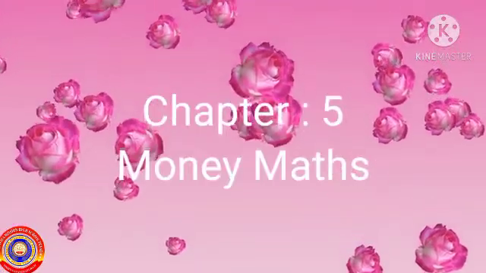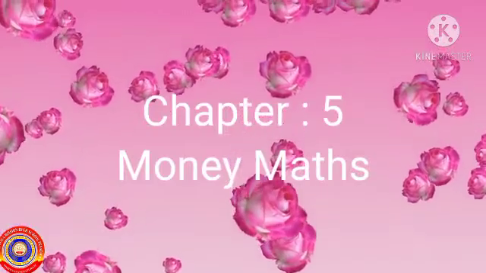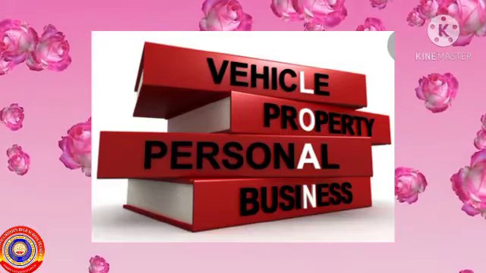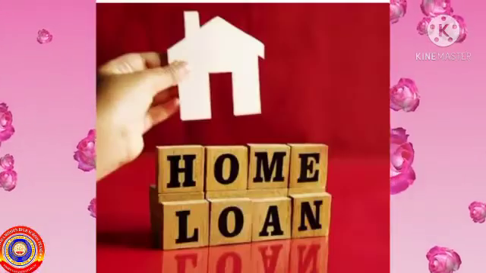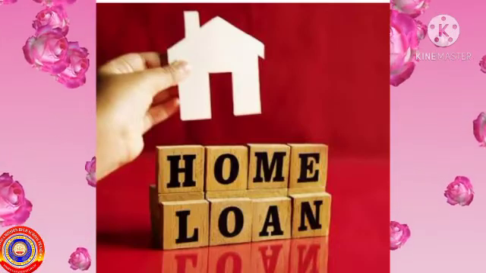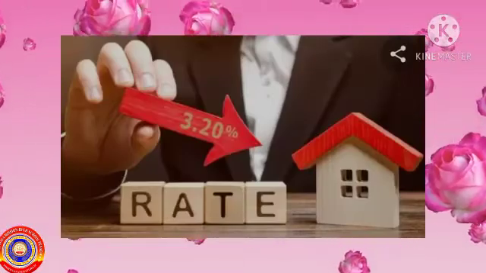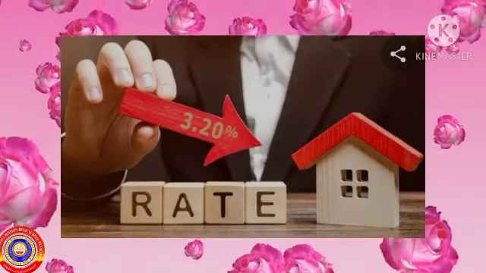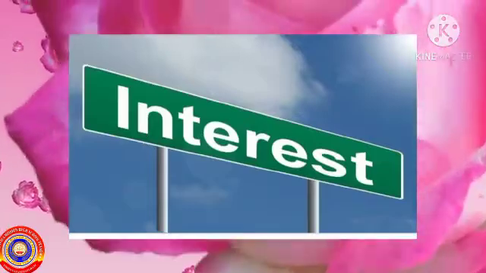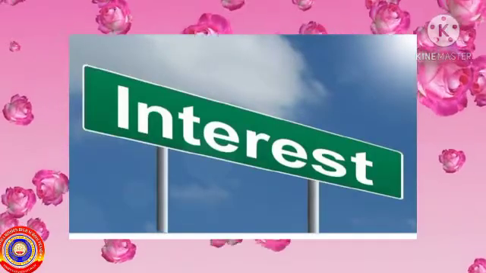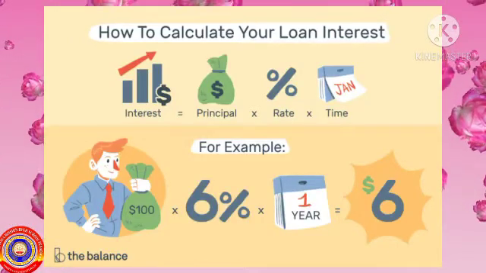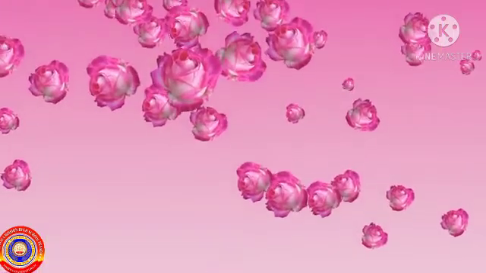As we all know, every activity that is taking place around us involves money, isn't it? So when we need money for business, home loan or any other purpose, we borrow money from a friend or a bank or a relation or some other agencies. For a certain time, we have to pay at the end of the time period some additional money together with the borrowed money for the benefit of using his or her money. The additional money which we pay for the benefit of using the borrowed money is called the interest. So in this chapter, we are going to learn about the interest, that is simple interest, compound interest and so on. So let's start the chapter.